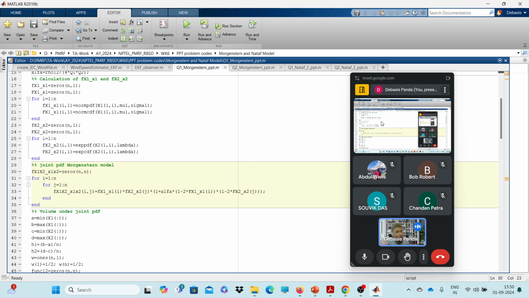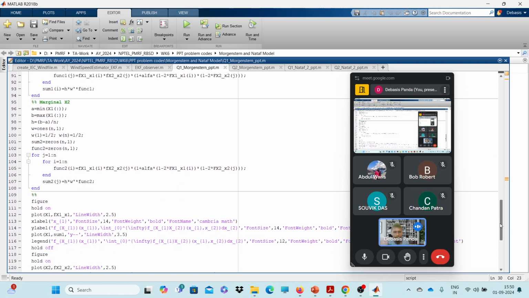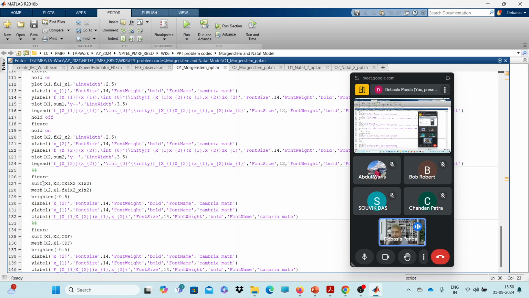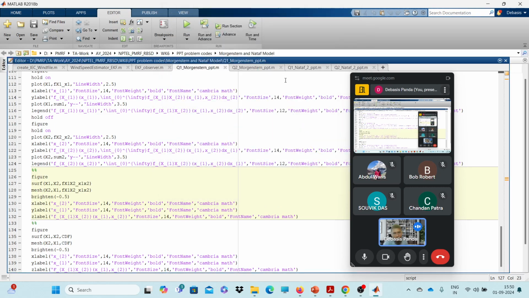Now the thing is how to plot them. If I want to plot this JPDF, we need to create a surface of x1 and x2, and over this we need to make a mesh plot. So let's see whether we are getting this or not. Then I will show how we can create it. First let's close them and go one by one. First let's check that we are getting the